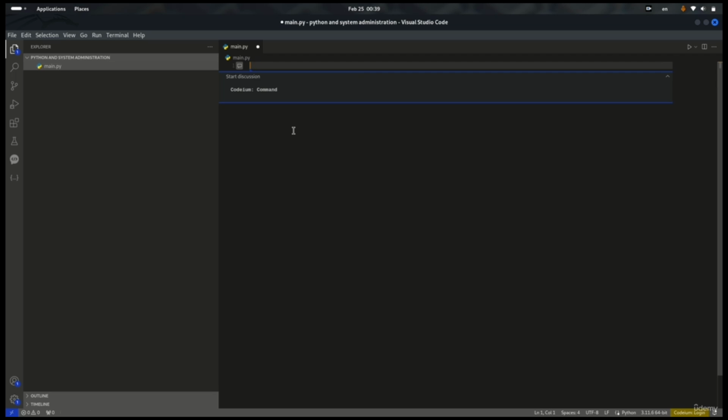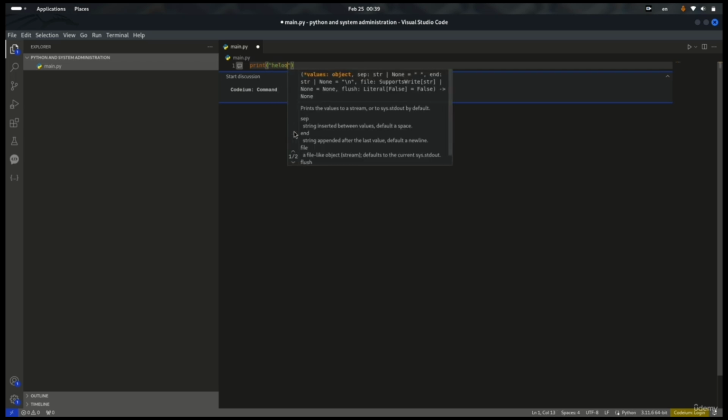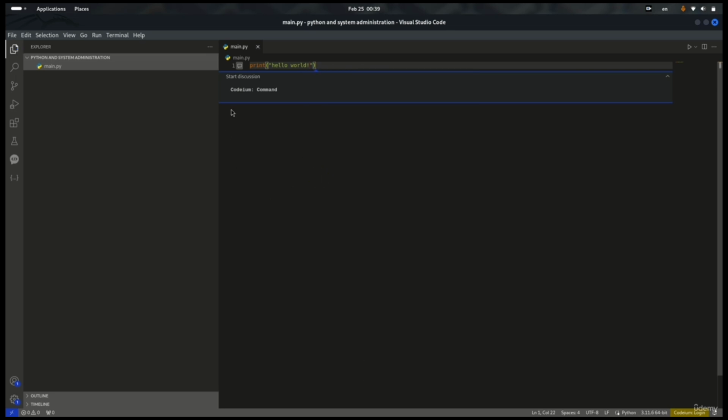So now that I have this main file, I'm going to create my first Python program and then try to run this. The first program that usually people write is the hello world program. So I'm going to just use a print statement here. Print, and then we're going to use hello world. This is the simplest program that we usually create when we start a programming language. So I use Control S to save this, and then